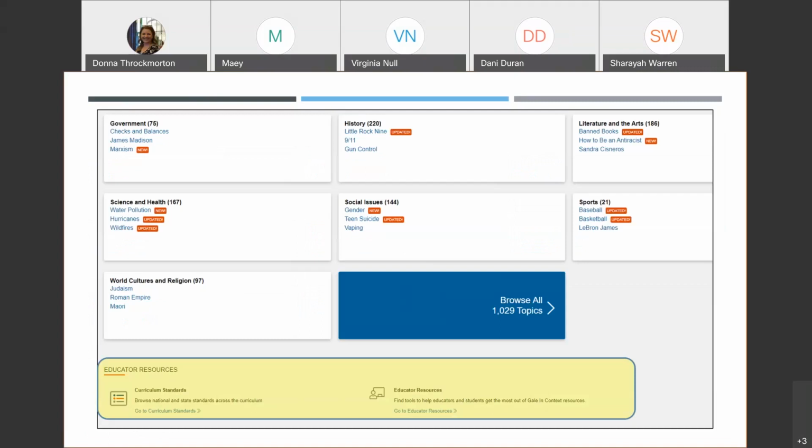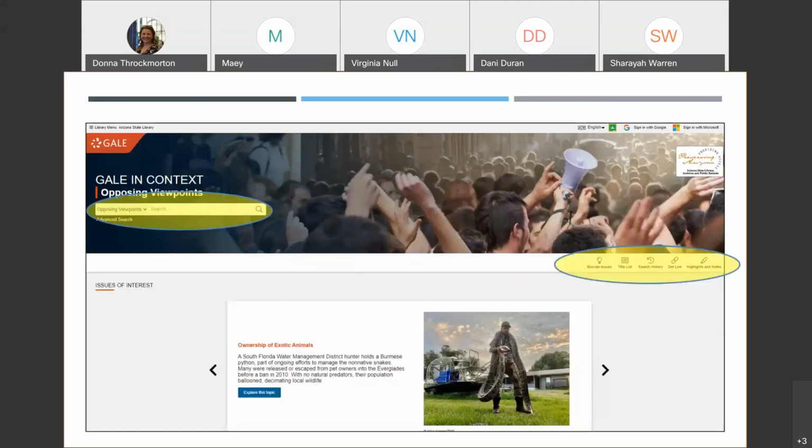So as we scroll down the screen, I want to highlight one more little resource, and that's called Educator Resources, highlighted in yellow. They have a list of the curriculum standards, and then they also have some educator resources. So once this webinar is over, you're asking, well, I forgot a couple of things. There's some tools and handouts you can look to get some assistance on how to use this resource. So next, I want to go ahead and jump into Gale In Context: